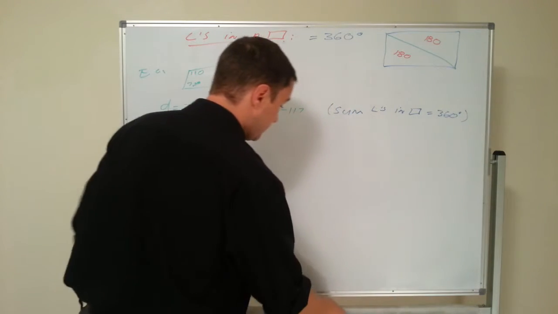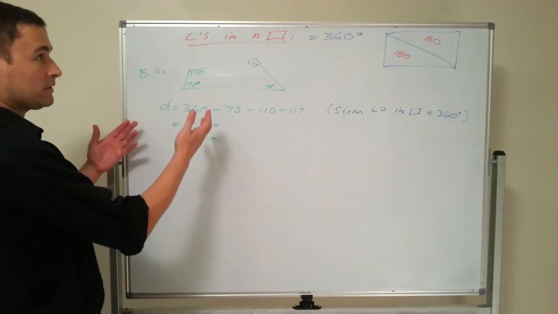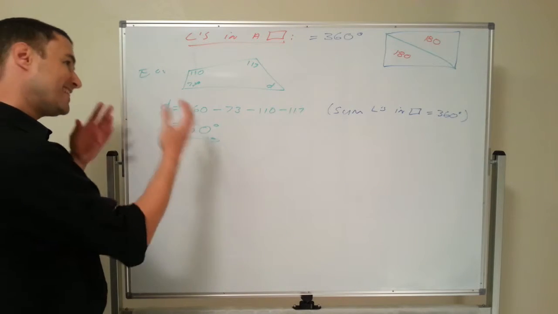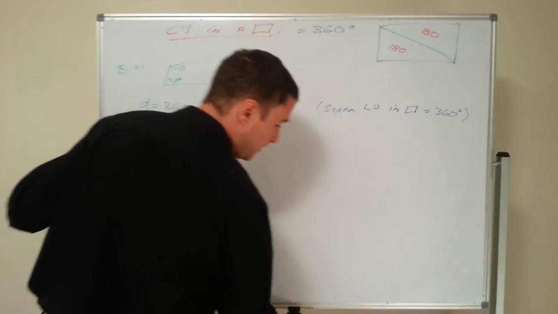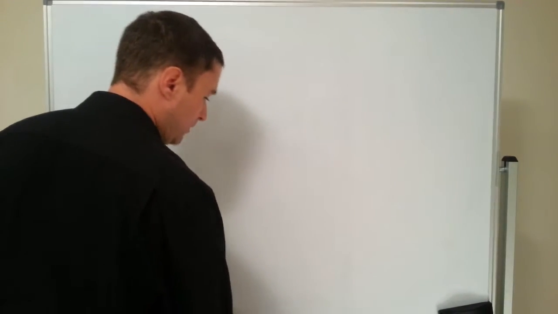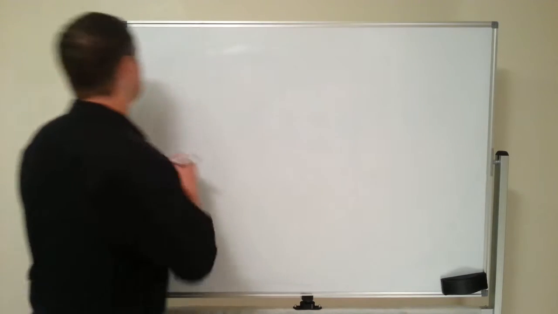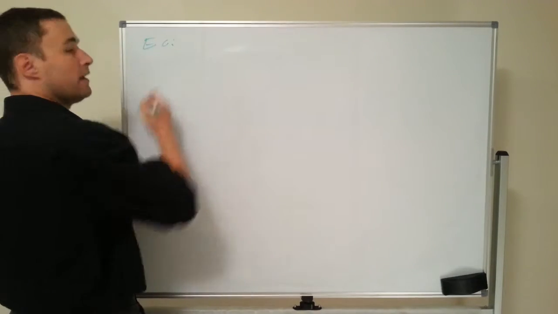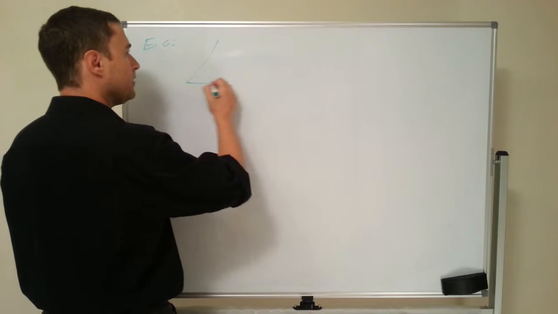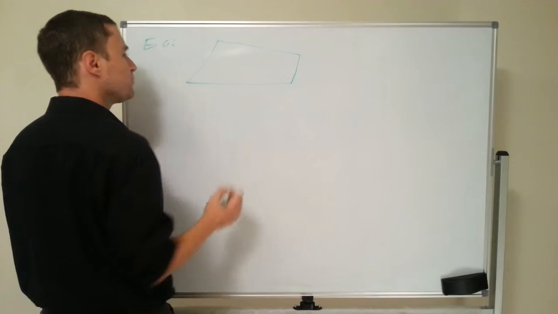So, that's about it. If you've seen sum of angles in a triangle, this is almost exactly the same. The only thing more that they can do is throw a little bit of algebra in there, and make your life slightly tricky, but it's not too hard. Let's take a look at this one. So this example,